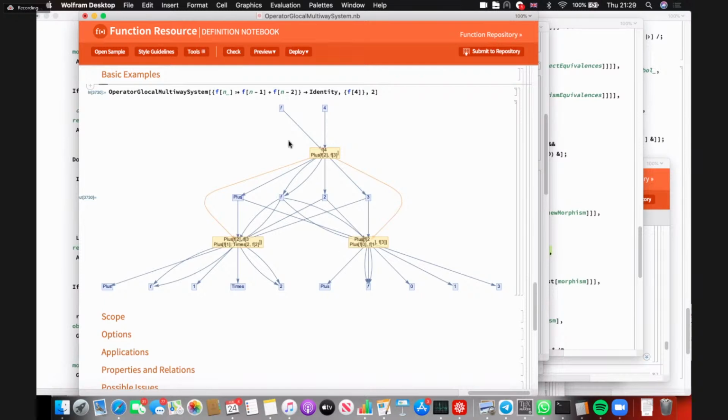F of 4. Right. So we start with f of 4. We evaluate to plus f of 2, f of 3. So we've got two versions of the f token, one version of the plus token, one version of the 2 token, and one version of the 3 token. But wait a minute, those have been deduplicated. So the f token, this is like our symbol table. At least at this time, this evaluation slice, it's been deduplicated. There's only one f here.